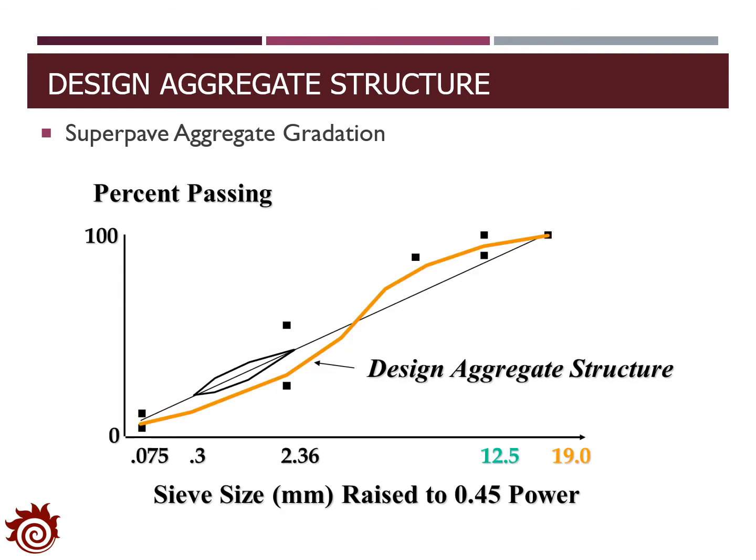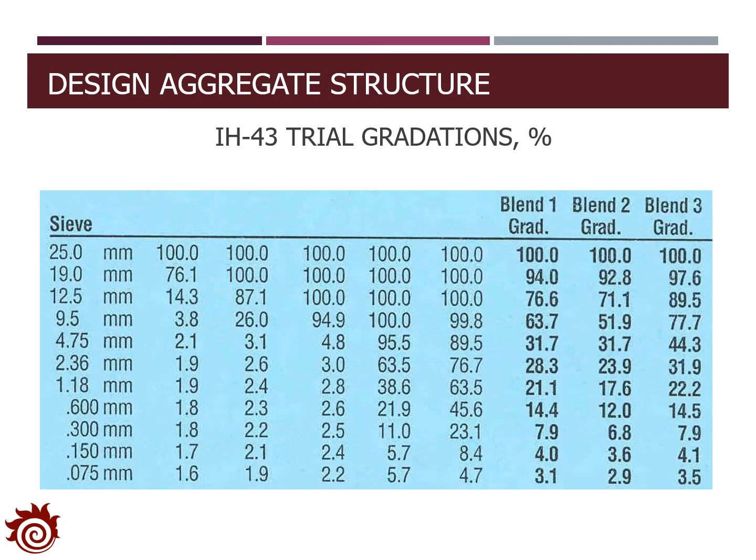The figure here shows one sample of the aggregate gradation, where you can see that it satisfies all the constraints that we specified in the previous page. In addition, for the Superpave mix design, we want to identify 3 trial blends, which means we need to specify 3 lines. This is one example, and we can identify some other ones, but all of them should satisfy the constraints in this 0.45 power chart. The table here identifies the gradations of 3 trial blends for the Superpave mix design,